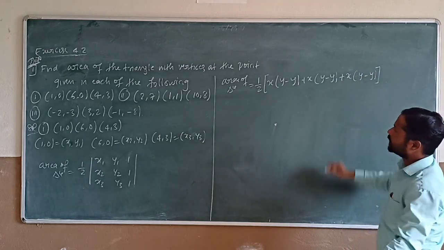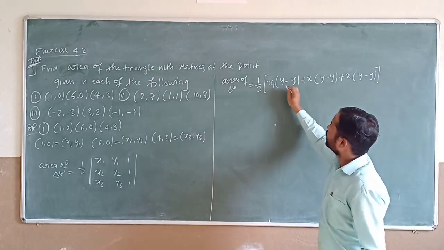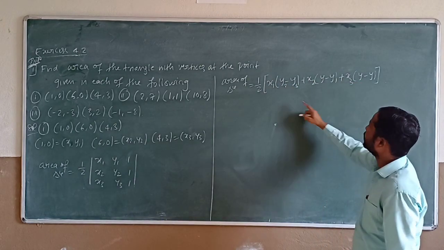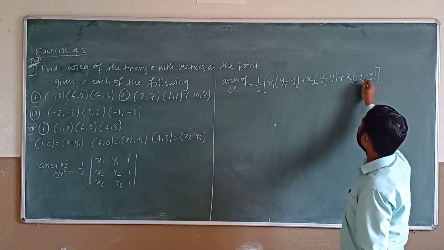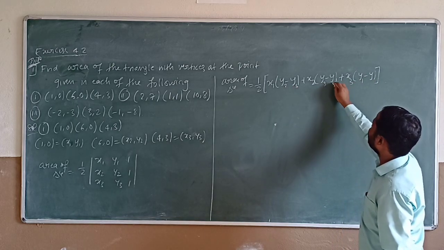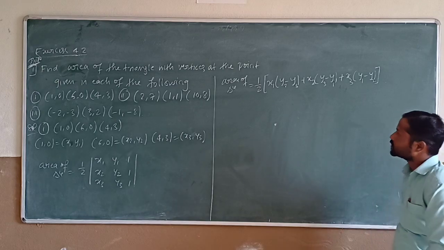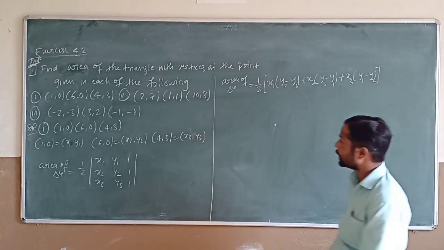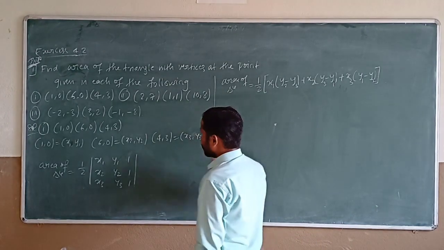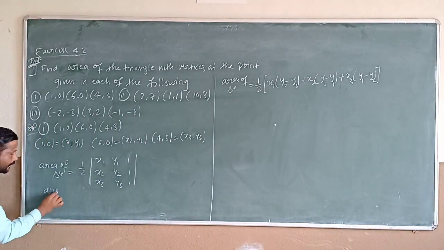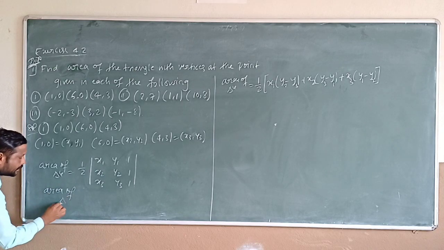Right? To make the topic easier to remember, 1 2 3: 1 becomes 2, 2 becomes 3; 2 becomes 3, 3 becomes 1; 3 becomes 2, 3 becomes 1 and 1 becomes 2 now. This is the area of the triangle formula. Right? Take up, okay, area of the triangle is equal to,